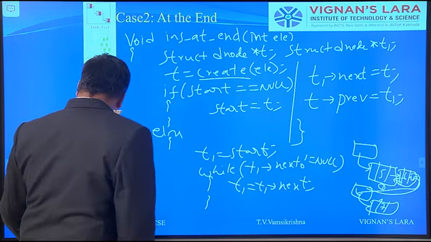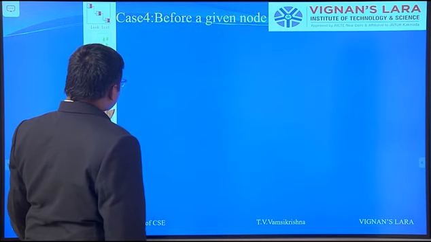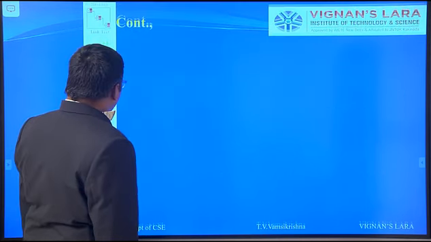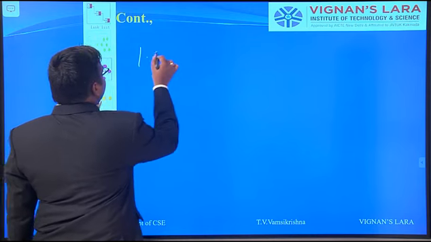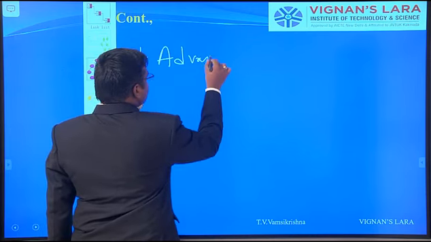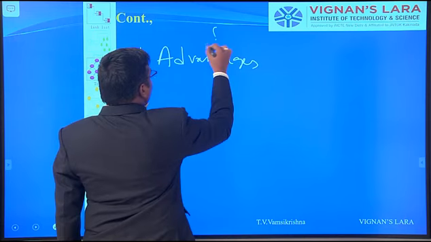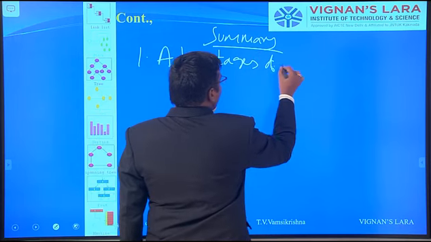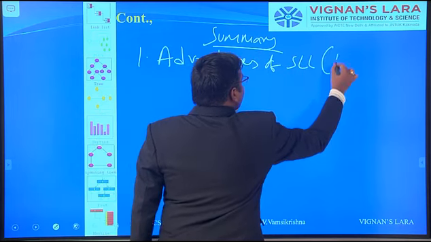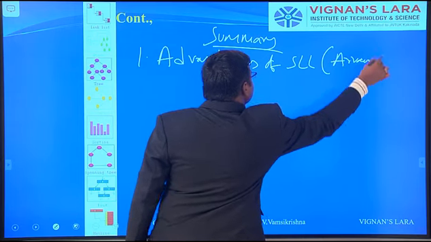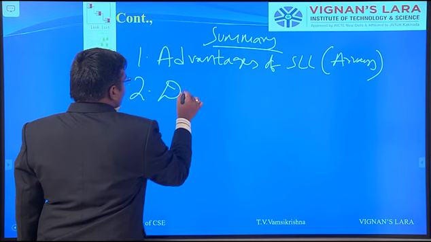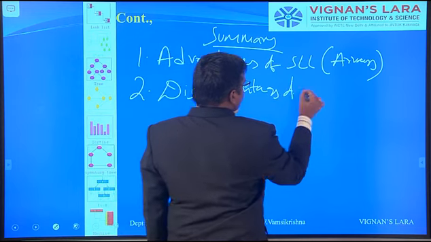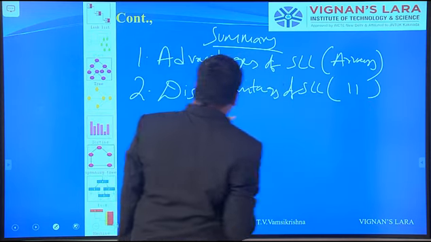So in today's class we have discussed, the first thing, advantages of linked list. In the summary I have written: advantages of single linked list compared with arrays we have discussed, and the second one is disadvantages of single linked list, again compared with arrays.